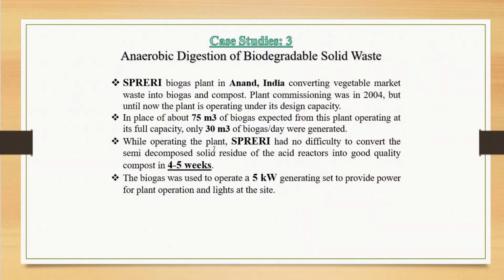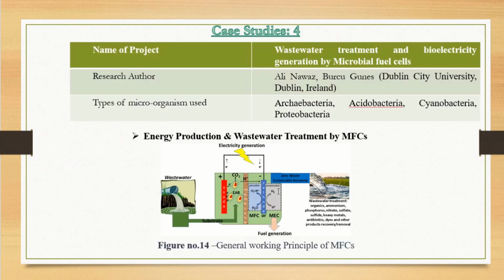while operating the plant. This plant had no difficulty converting the semi-decomposed solid residue of the acid reactor into good quality compost within 4 to 5 weeks. The biogas was used to operate a 5 kilowatt generating set to provide power for plant operation and lights at the site. Other case studies: wastewater treatment and bioelectricity generation